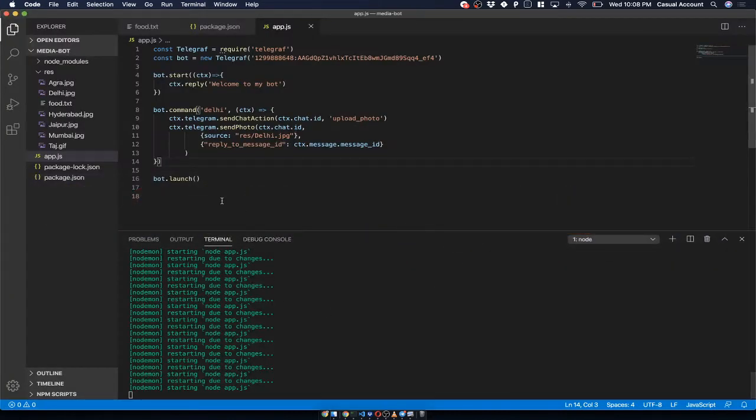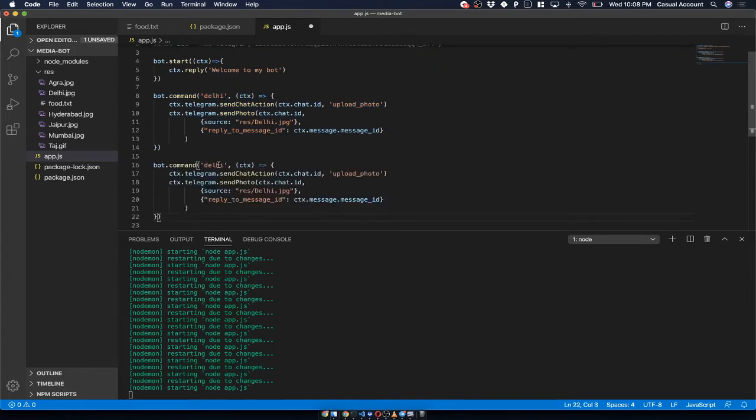Let's create another command. Okay, now what I want to do is I want to send a animation, and I have already downloaded one animation, which is this Taj GIF. Okay, so I'll just copy the same command. I'll paste it. I'll create Taj. Send chat action as uploading a photo only. Let it be like that. And this command will change it to send animation, because since this is a GIF file, we want to send an animation. We can do that by saying send